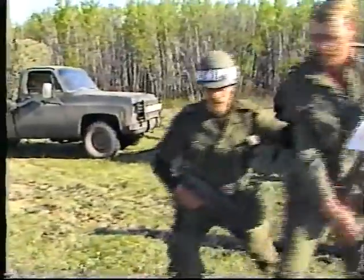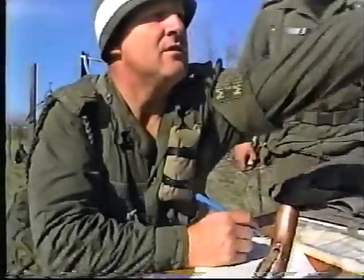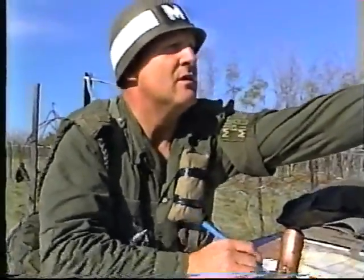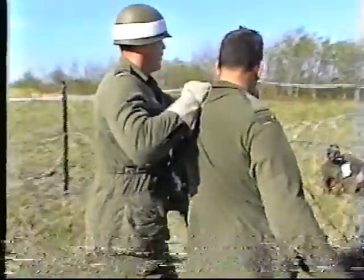The Interrogation Platoon consists of a small headquarters and 4 interrogation teams. It is tasked to acquire information from prisoners of war and from refugees. The teams operate in conjunction with the military police at the Division Prisoner of War cage and at main refugee